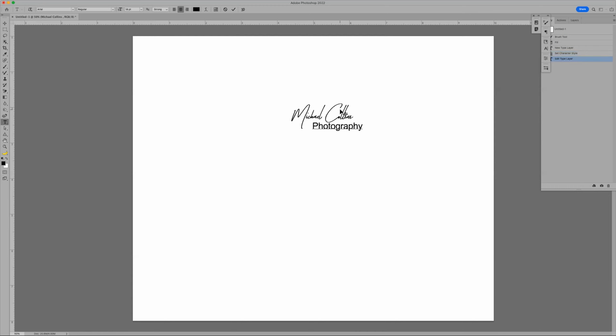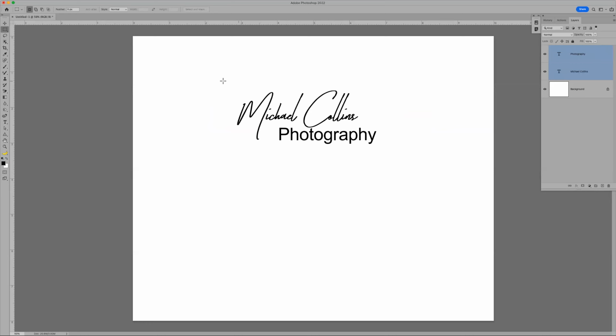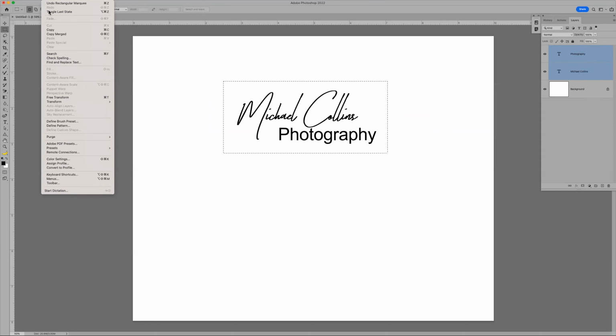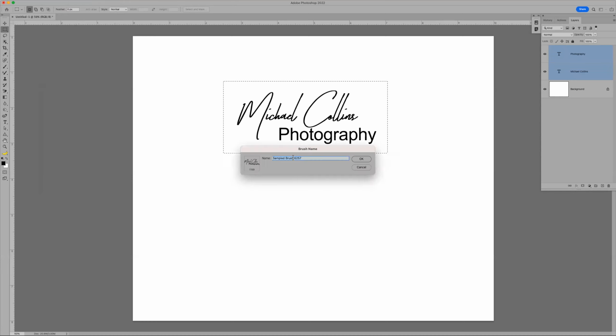That way I have a big brush and I can make it smaller if I need to. So here we go. I'm going to do M for marquee and select those. Go to Edit, Define Brush Preset, which is under Edit, Define Brush Preset. Sampled brush. I'm going to call this Collins Logo